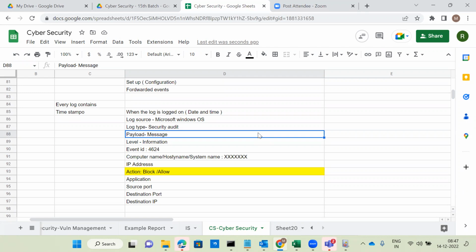Not only for this one, even whenever you are analyzing the logs, first and foremost, what is the action defined by the firewall? What is the action defined by EDR? What is the action defined by web application firewall or proxy or IDS IPS or domain controller or server? For every log, action is not mandatorily available, but only in preventing tools.